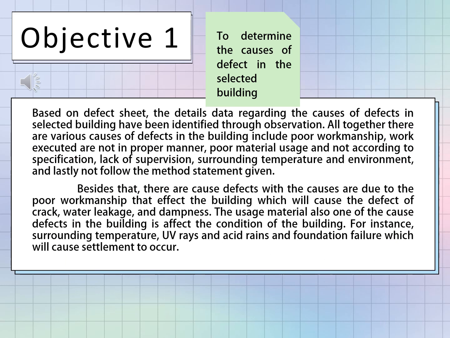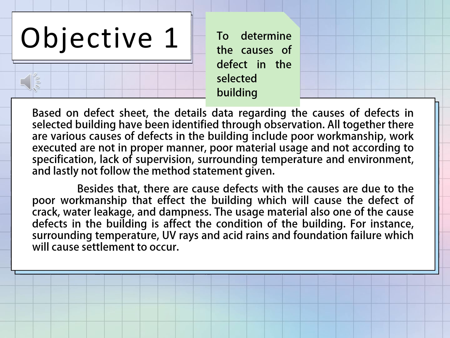In this investigation of the building, the conclusion for objective 1, which is to determine the causes of defect in the selected building, is based on the defect sheet. The detailed data regarding the causes of defect in the selected building have been identified through observation. Altogether, there are 10 causes of defect in the building, including poor workmanship, work executed not in a proper manner, poor material usage and not according to specification, lack of supervision, surrounding temperature and environment, and lastly, not following the